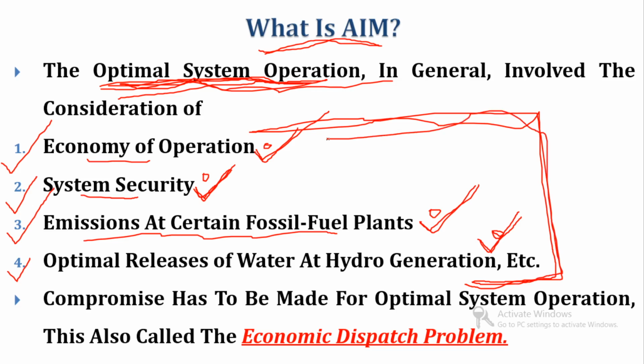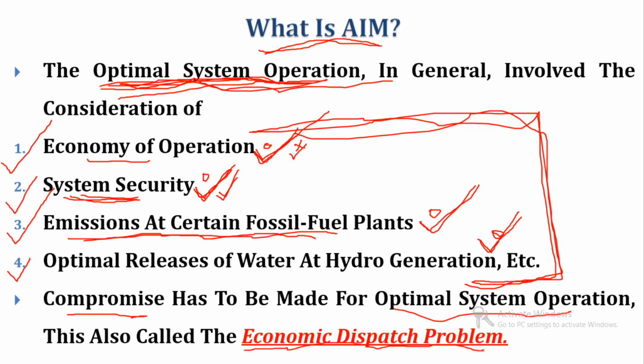So, if in a particular system these 4 points are met at a time, then it is known as the optimal system. But practically these 4 points cannot be met at a time. If the system is economical, then it might be possible that it is not the most secure, or it has a high amount of emission of fossil fuel. Now, if we say that the system is most secure, then the system cannot be economical. Clear? So, we have to make a compromise for optimal system operation,